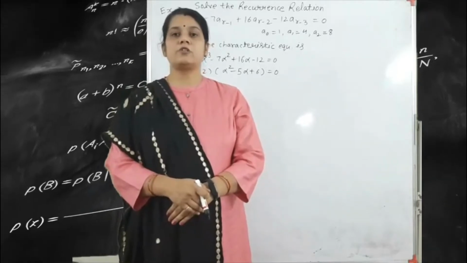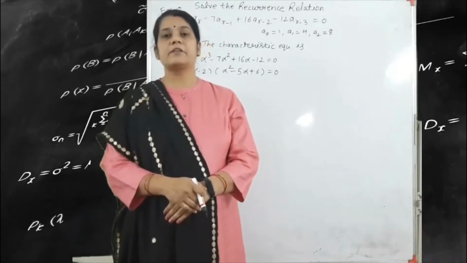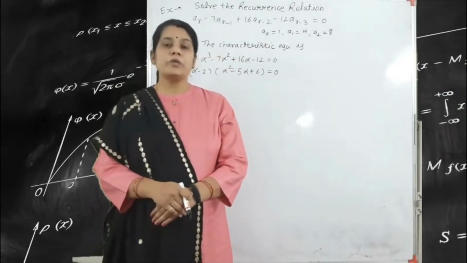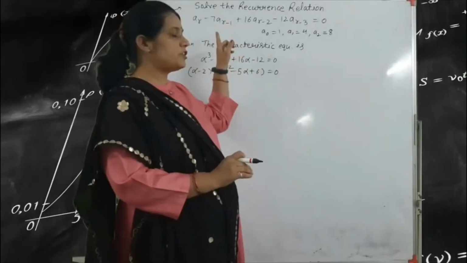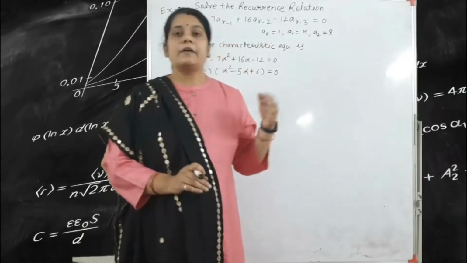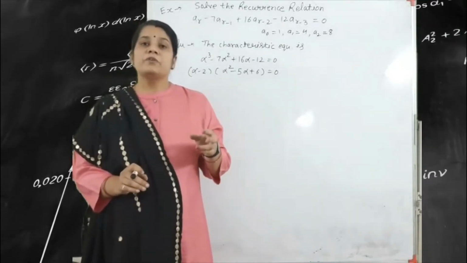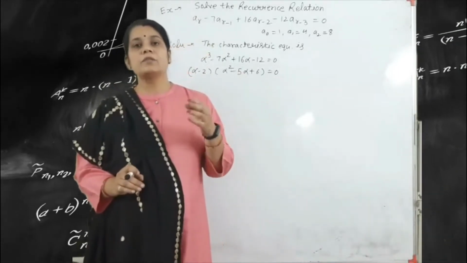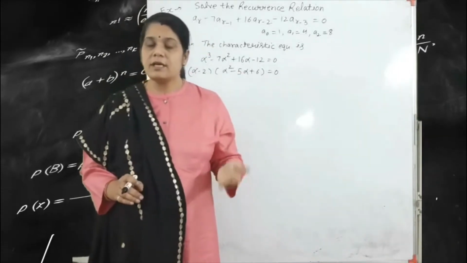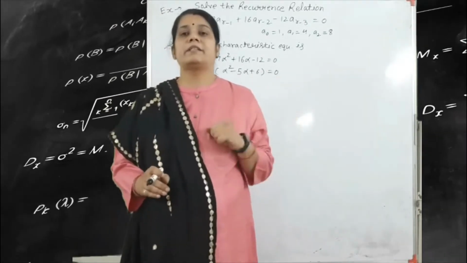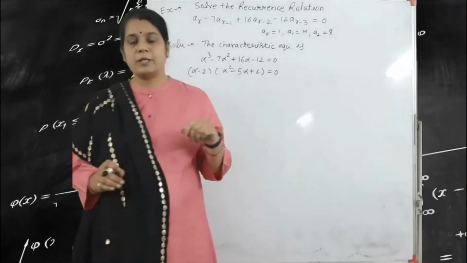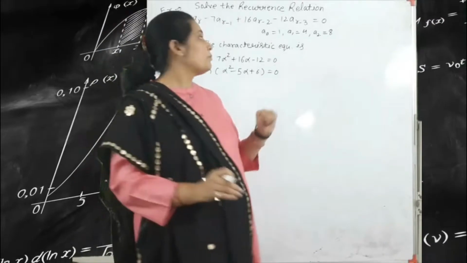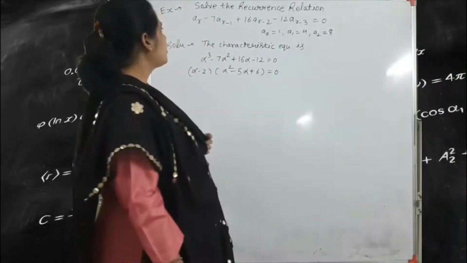Today I am going to take a lecture of discrete mathematics, chapter number 3, and the topic is the recurrence relation. In our previous lecture, we have already seen how we convert a recurrence relation into the characteristic form. With the help of this characteristic form, we get the quadratic equation or cubic equation or any polynomial. With the help of this polynomial, you find out the roots, and after that you write the complementary function, and according to a recurrence relation we write here small a suffix r and power h. So here this is the second example for recurrence relation.